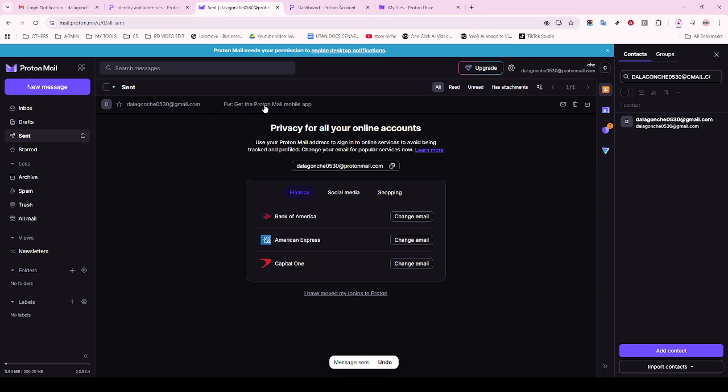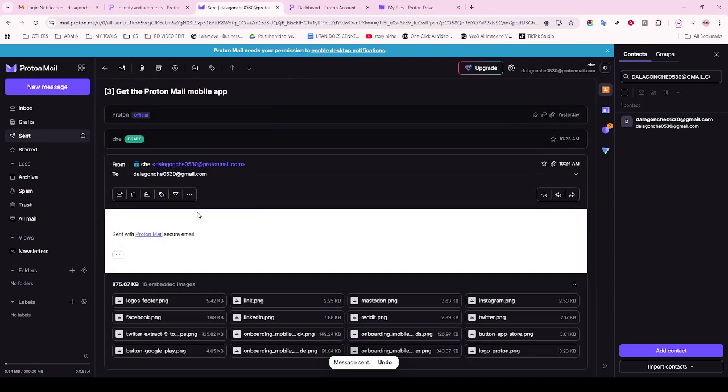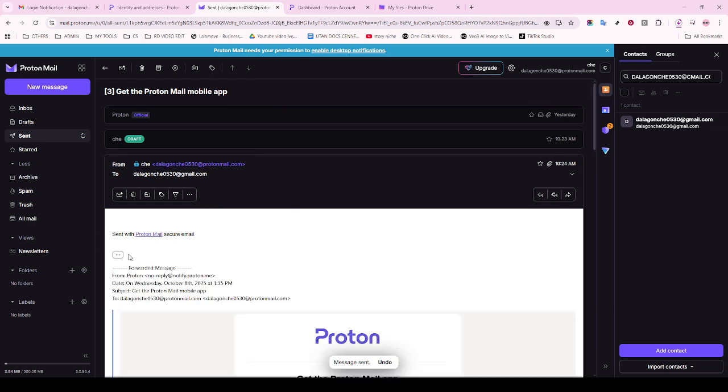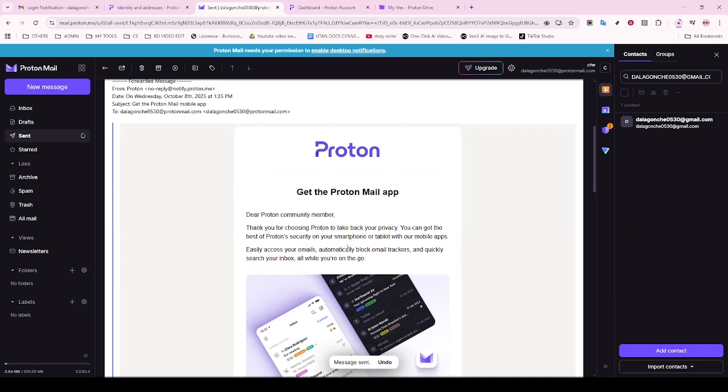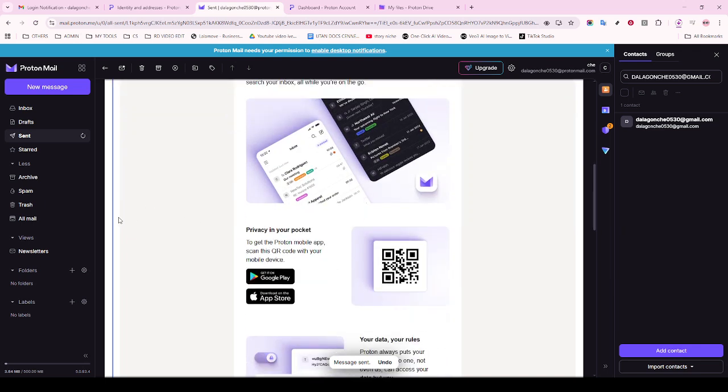At the bottom or top of the forwarding settings page, there will be a save button. Click on it to confirm and store all the adjustments you've made. This step is crucial to apply the settings and make sure they take effect immediately. And that's it. You've successfully set up email forwarding in Proton Mail on Chrome. Now, emails sent to your Proton Mail will also